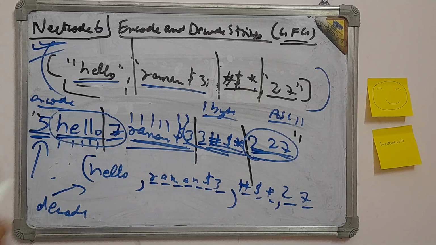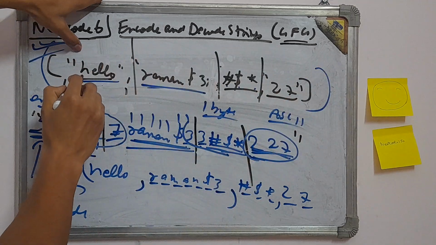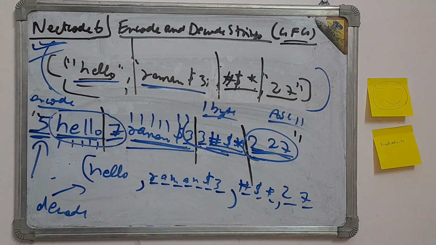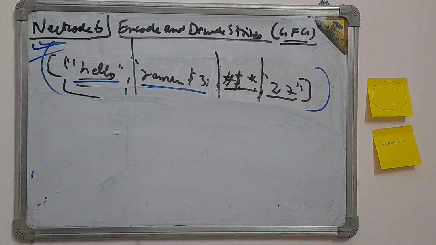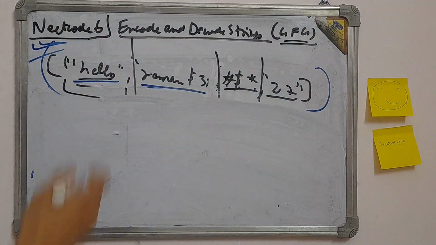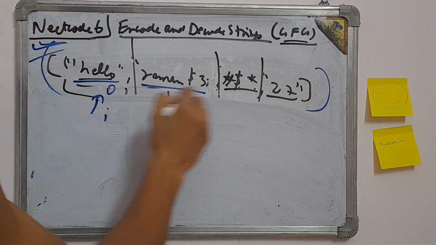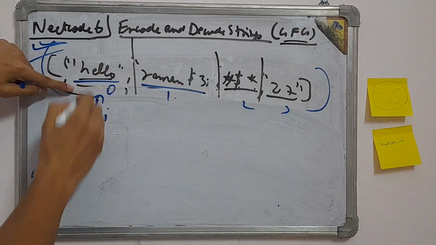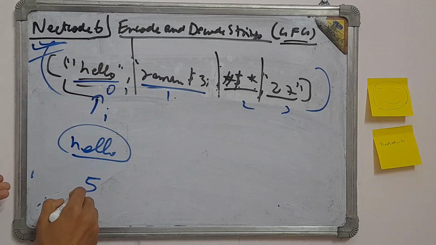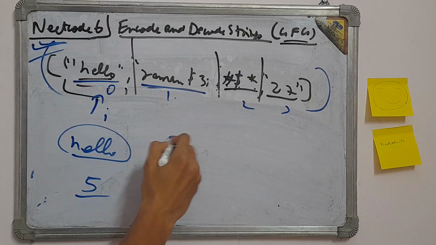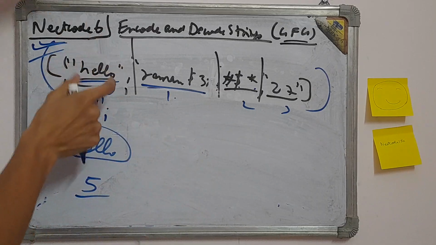The code will be very easy too, because in the encoding function we just need to take one loop. Let me diagram that also, but it is very easy. In the encoding function, i is here, that means the 0th index. Total there are 0, 1, 2, 3, 4 strings. So we got hello, then we can get its length easily using an inbuilt function. So we will add 5 to the string, and basically for each string we will do